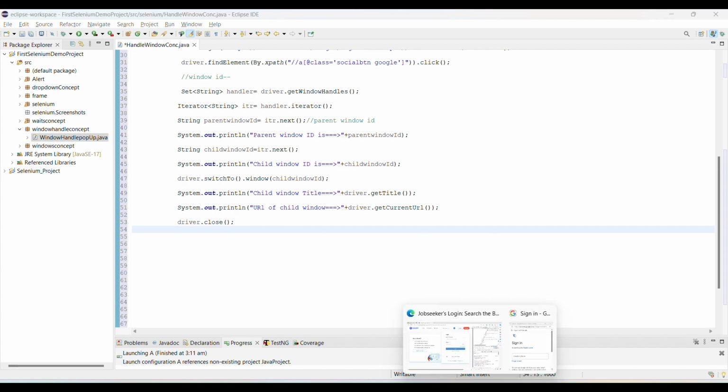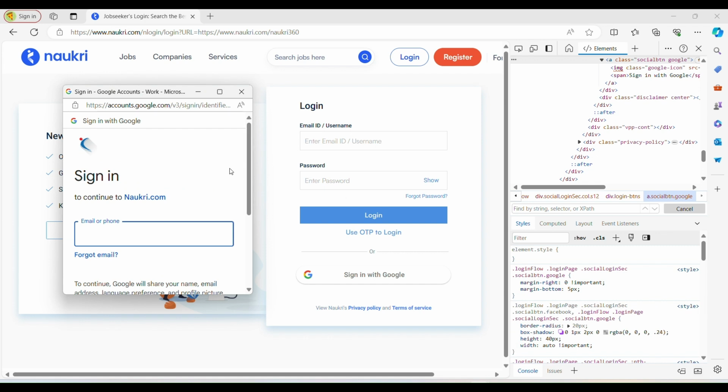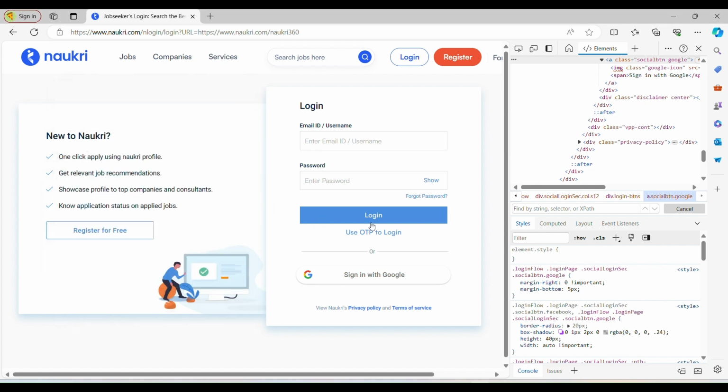Currently my cursor is in the child window, right? Because we switched to the child window. So when I use the close method, this window is going to close, right? Because right now my cursor is in the child window. So this will close, okay?